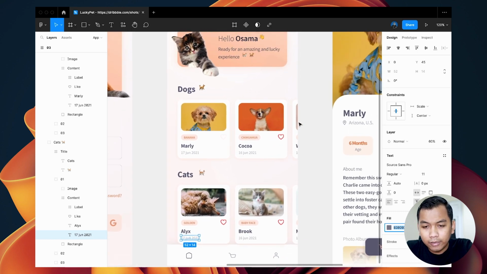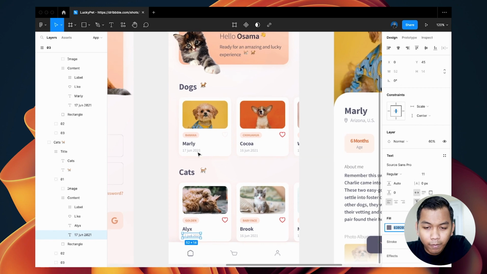So yeah, I think that's enough for color.